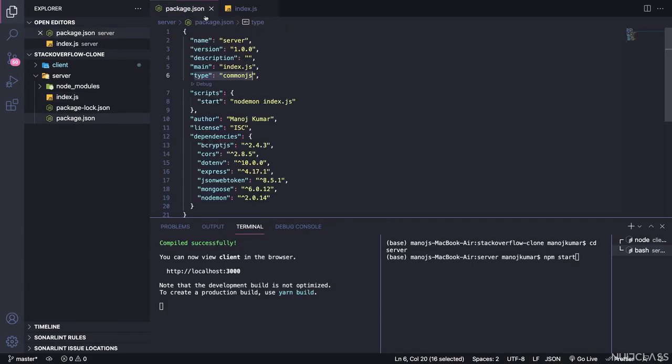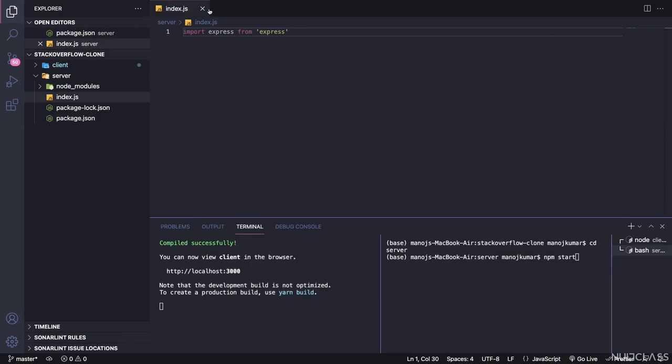So we will be using a line called type, which is going to be module instead of CommonJS. So we will just close this packages and now, inside this index.js